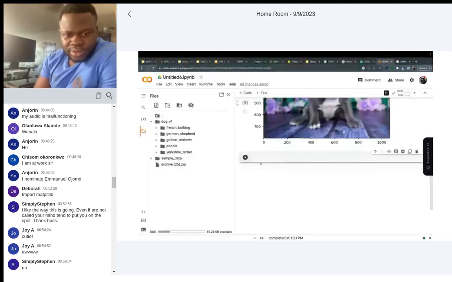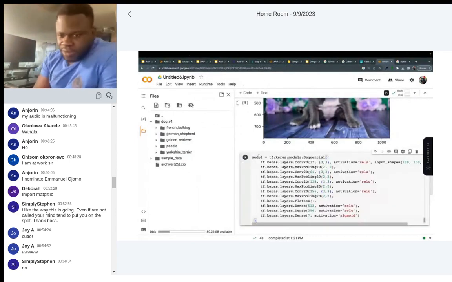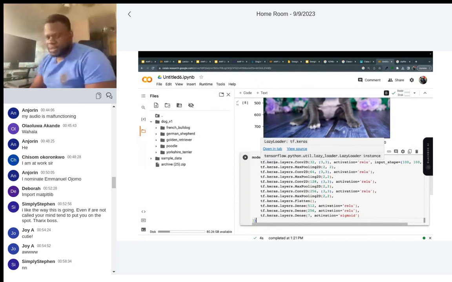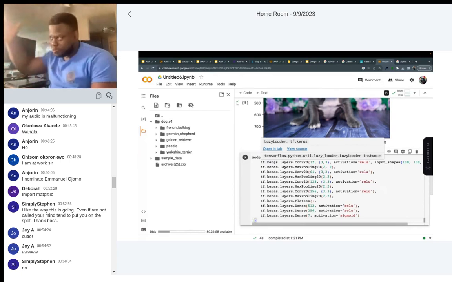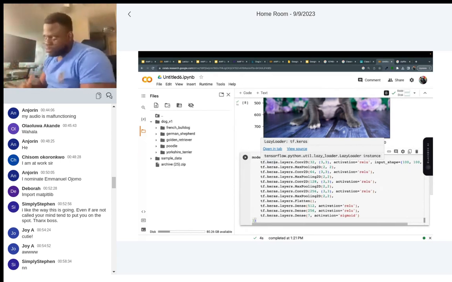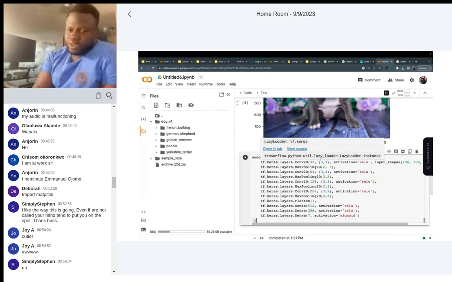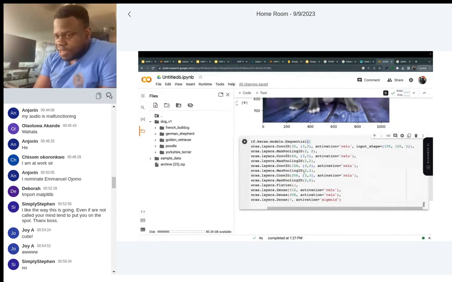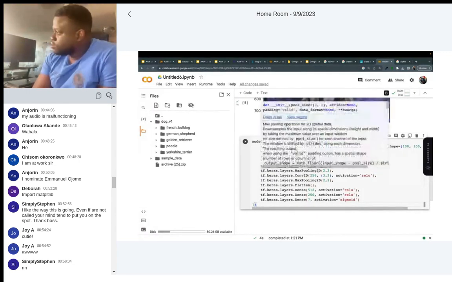What do you mean by sequential model? It does its processing in sequence, so it refers to convolution, to pooling, to conv, and so on. There are some that are dynamic, which I've not worked with before, but most of the time we use sequential models. So now we have created our model, right?